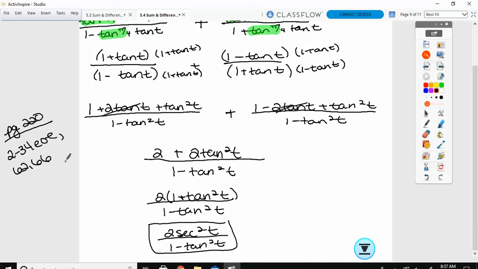So I think there's 12 problems in this section I want you to try. So you have 2 assignments. Tomorrow is just a work day for us, and then both are due on Monday. Might not be a bad idea to